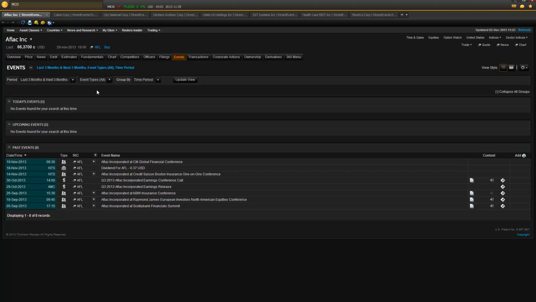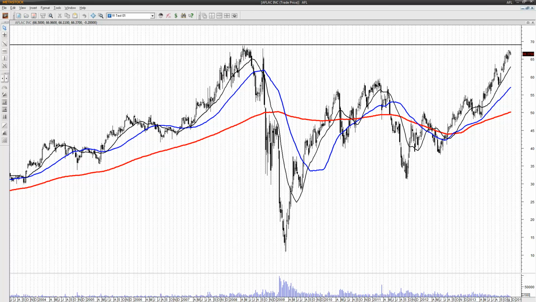Like always, I'm checking if Aflac has an earnings announcement, because you don't want to take a trade and then an earnings announcement comes the next day before the opening, and when the opening comes, the stock will gap 5-10% not in your favor, or in your favor, but it's a huge risk and I won't take it. So I'm always checking if you have any earnings. Okay, Aflac doesn't have any earnings. Next chart,